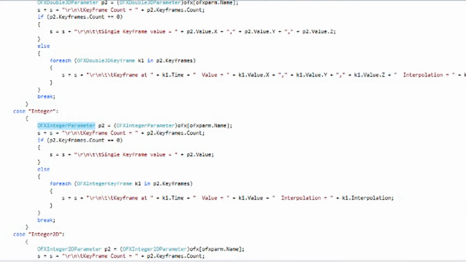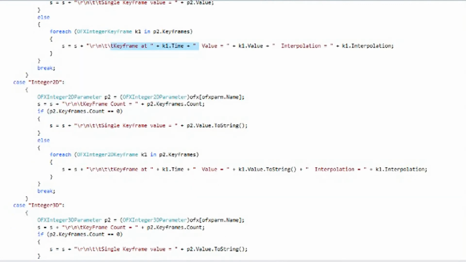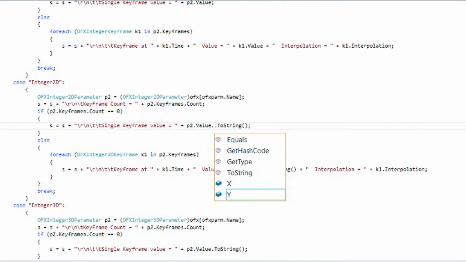Next we have an integer, which is an OFX integer parameter and an OFX integer keyframe. And we just get the value and the interpolation, and if it has multiple keyframes, we get the time. Continuing on, integer 2D with an OFX integer 2D parameter and an OFX integer 2D keyframe. In this case, once again, we would need to get the p2 dot value dot x